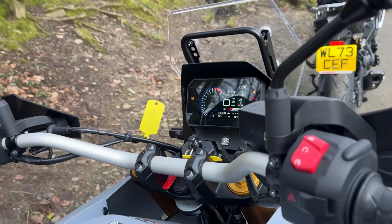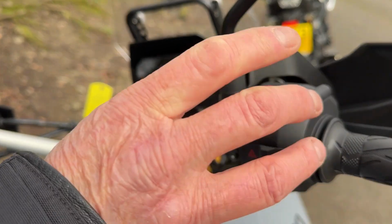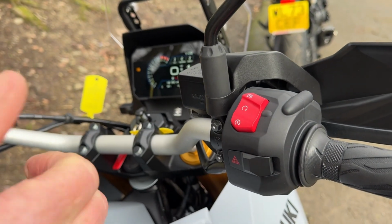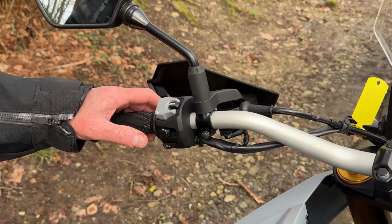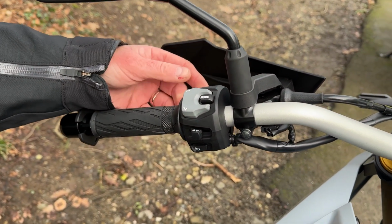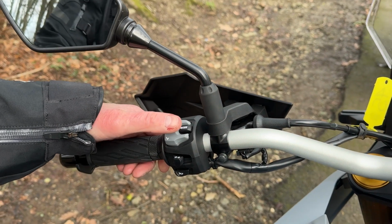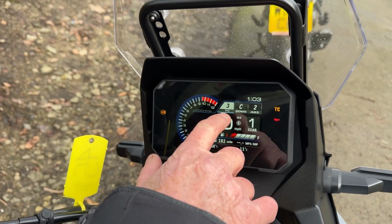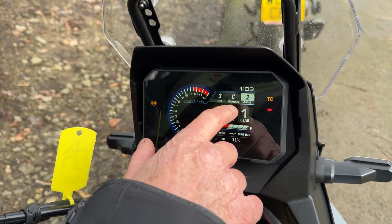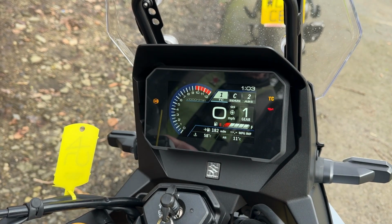Switch gear is pretty basic. You've got your stop start, your cut off switch here. It just clicks. When it clicks, you know it's in. It's just what Suzuki do. You've got your main beam and your flash here, and you've got a mode switch. Now mode changes all these different modes here. So you've got your ABS, traction control,